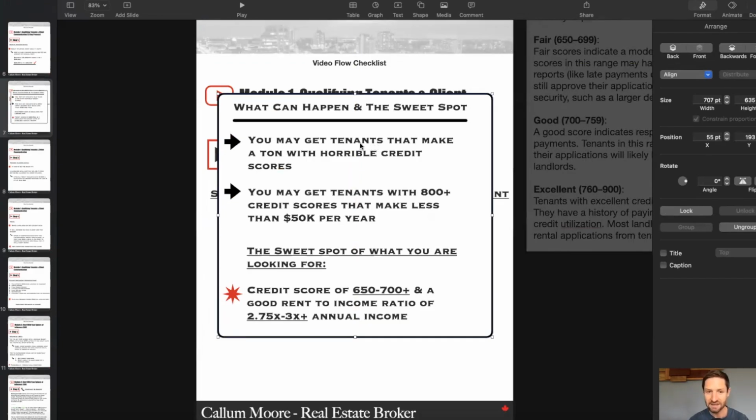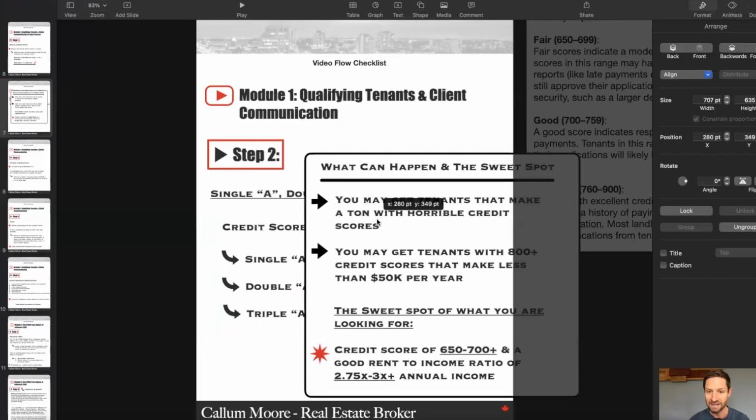You may get tenants that have a ton of money with horrible credit scores. You may get tenants with 800 plus credit scores that make less than 50,000 per year. You are looking for the sweet spot, right? Credit score of 650, 700 plus, and a good rent to income ratio of about 2.75 to 3x plus, right? Ideally plus on that one. But if you get around this area, this is your sweet spot of what you're looking for in the first